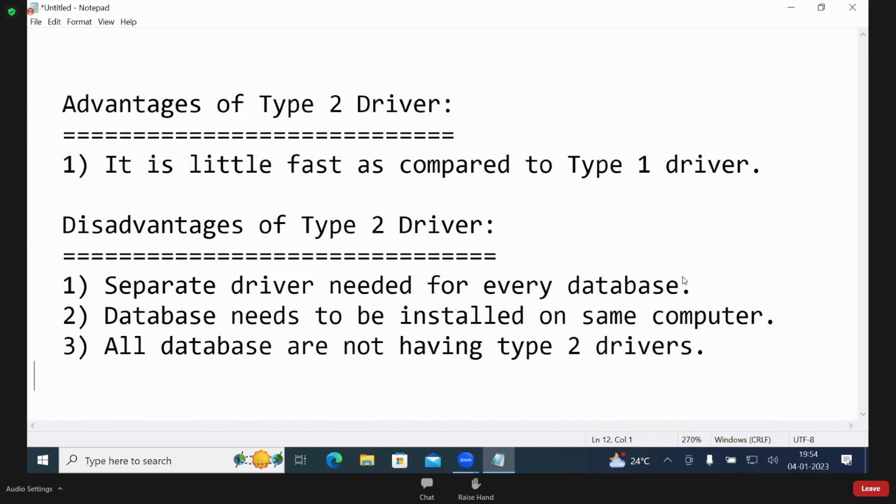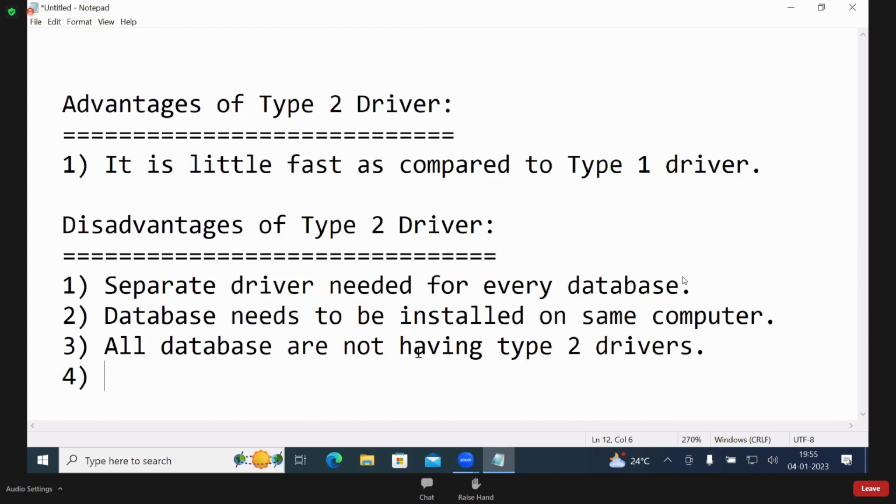Okay. Next, fourth one. Type 1 driver you studied. Type 1 driver, is it platform dependent or independent? Dependent. Why dependent? Developed in C language. Type 2 driver, C, C++, Java mixed.